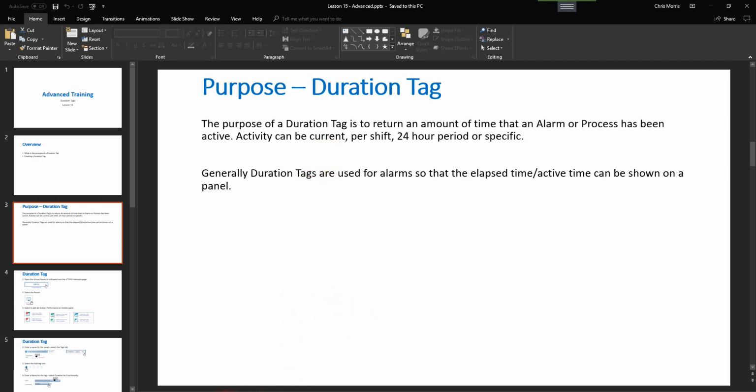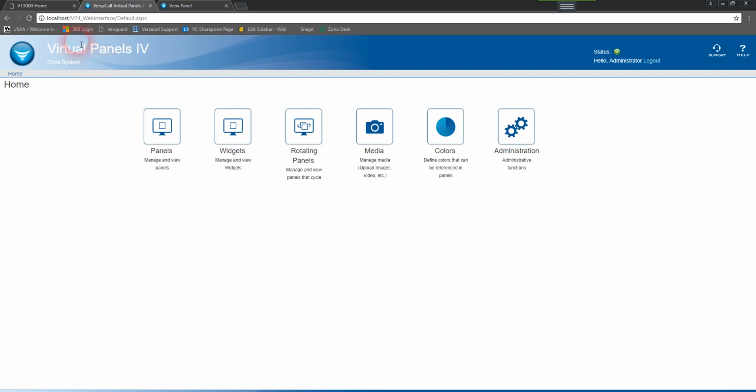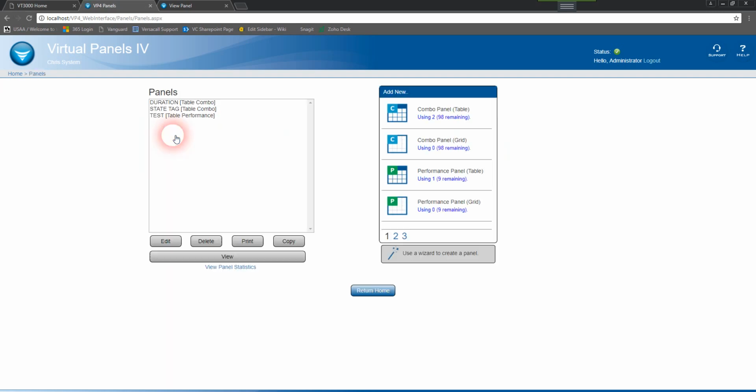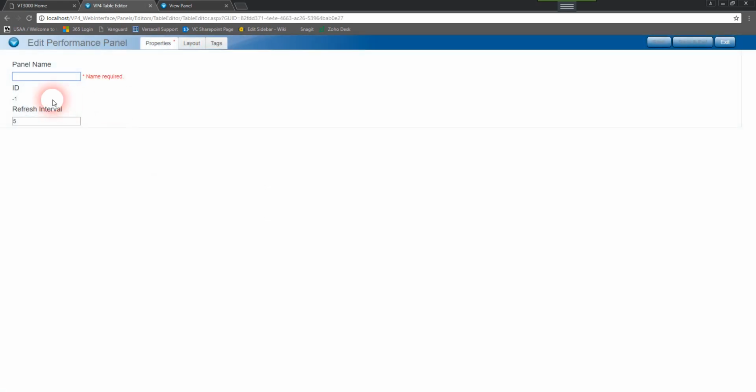So we'll get into it here. Basically, go to VT3000 and open up the Virtual Panels 4 software. Once you're on the home page, select panel. You can create a duration tag using a combo panel, performance panel, or an andon panel. So I'm going to go ahead and use a performance panel here. Give your panel a name,